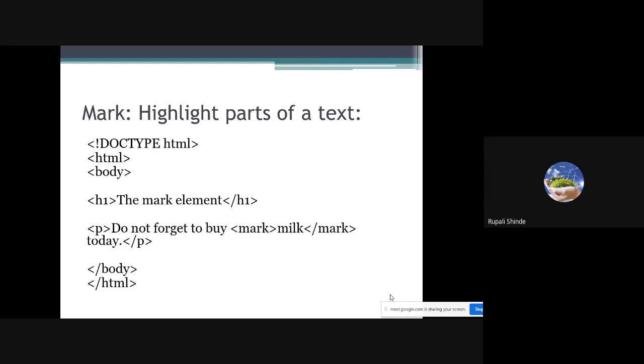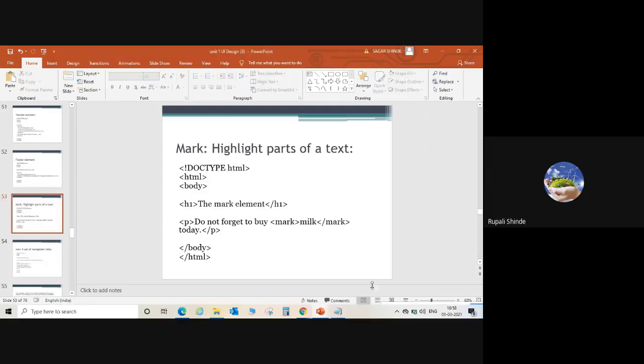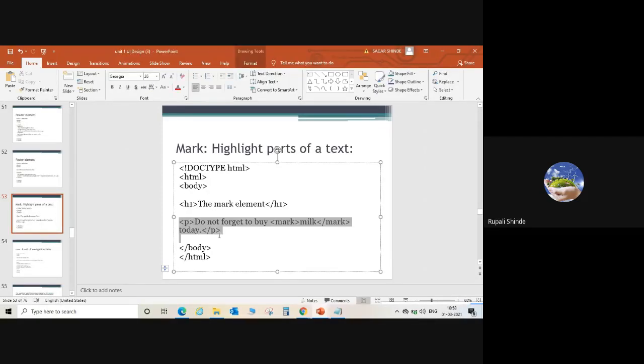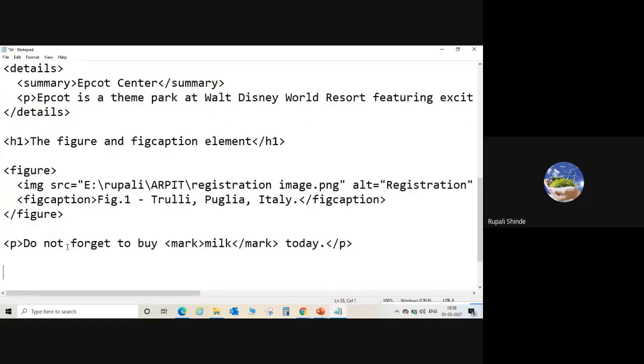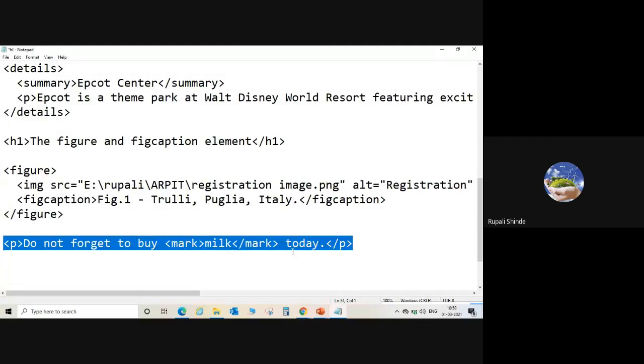So we copy the same line and check it. Here we have one paragraph. In the paragraph, we are going to mark the word milk with the help of the mark element. So we include it after the figure. Here we have a paragraph: Do not forget to buy milk today. The important part of today's task is to buy the milk.